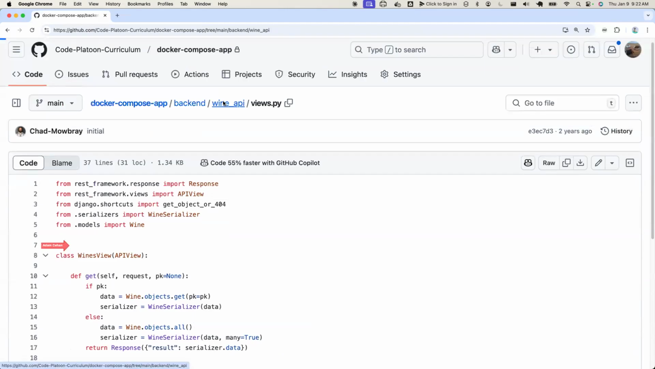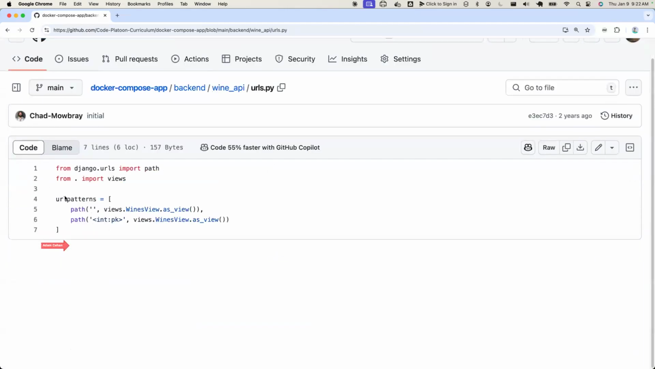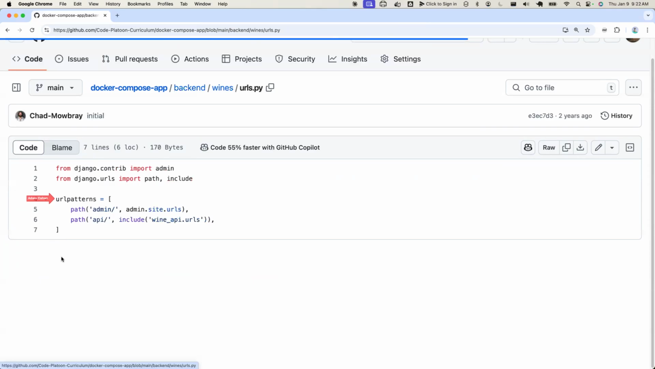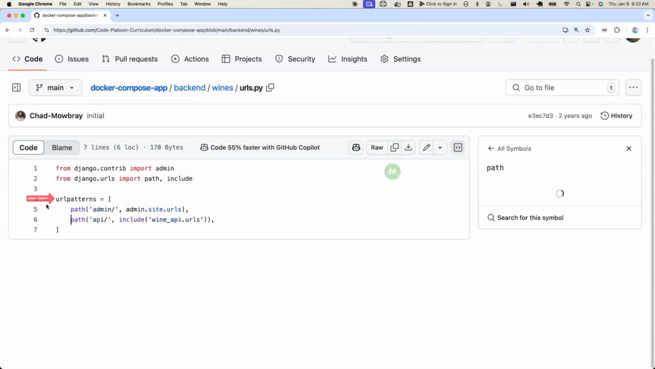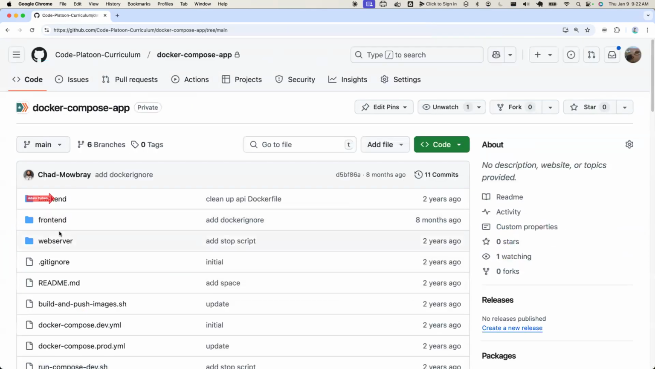And if we go to urls.py, which is always a good place to start with a Django app, we see this is really the only routing, to look at wines. And if we look at urls.py for our whole Django application, we see it's just got that one wine API. And if we look at the front end,